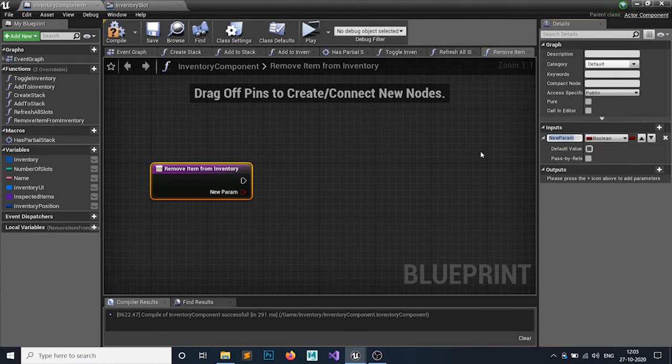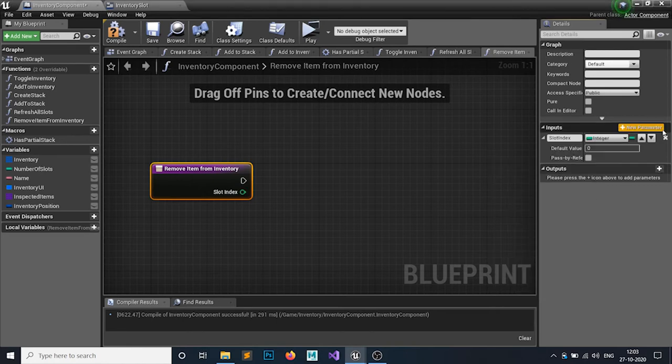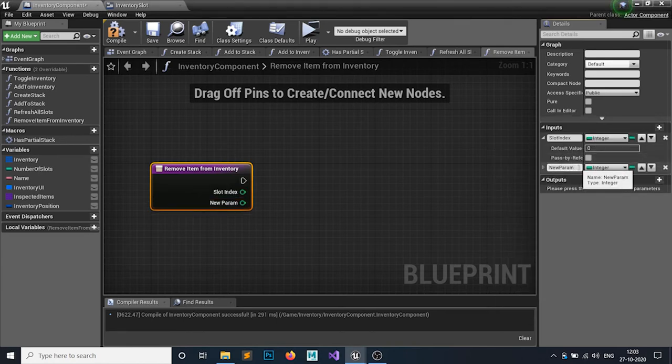First is, let's say, an index. So I'm gonna call it slot index, and this would obviously be an integer. The second one should be the quantity to remove.